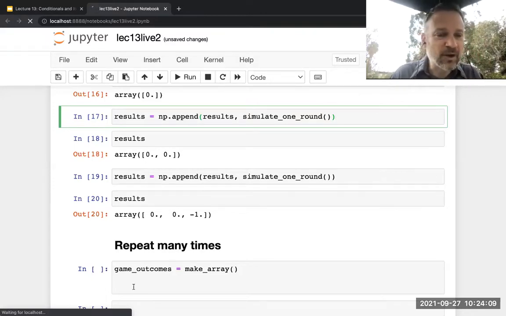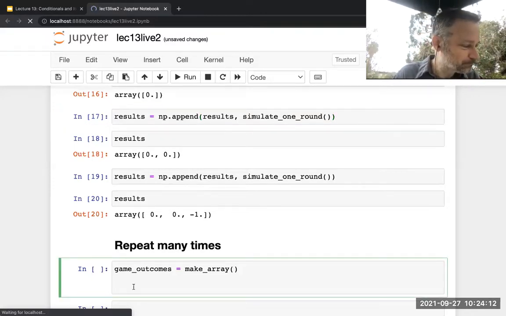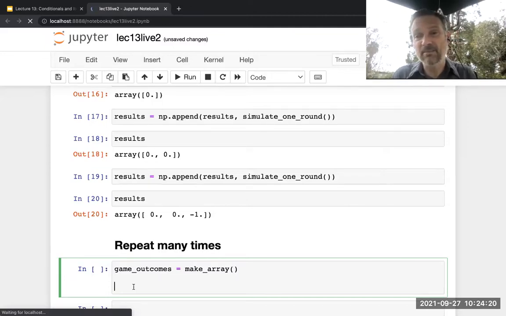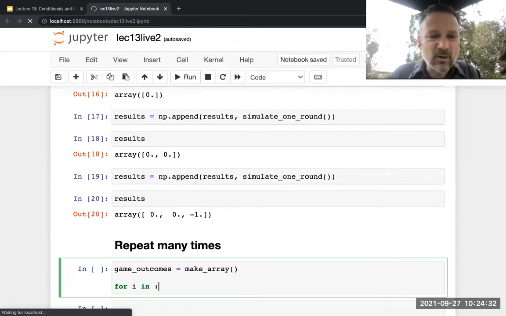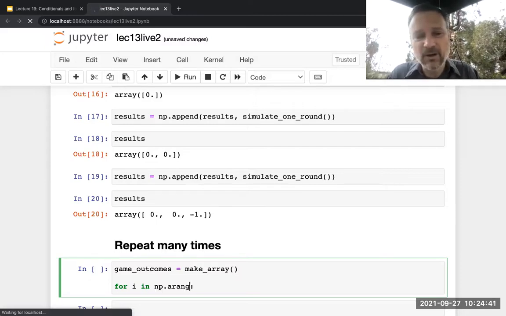All right, so we could do this with a for loop. I want to simulate this 10,000 times. So if I want to do something 10,000 times, how do I use a for loop? What should I put? For i in something, I'm going to need an array. What array should I use if I want to do something 10,000 times? Yeah, same as before, we saw before. Create an array that has 10,000 items, and then we can do something once for each item in the array.